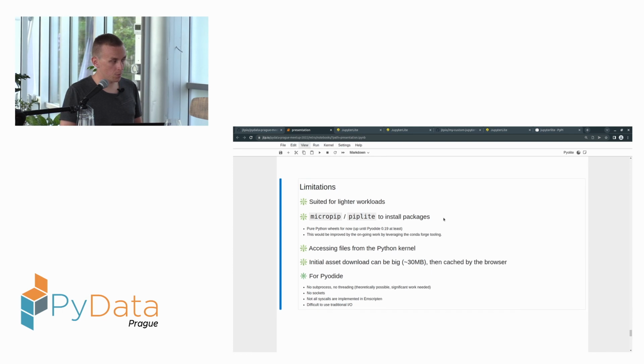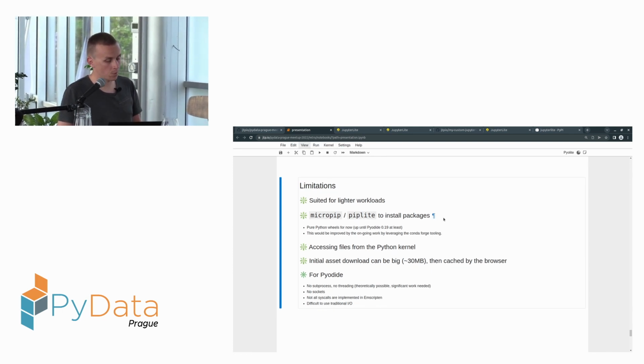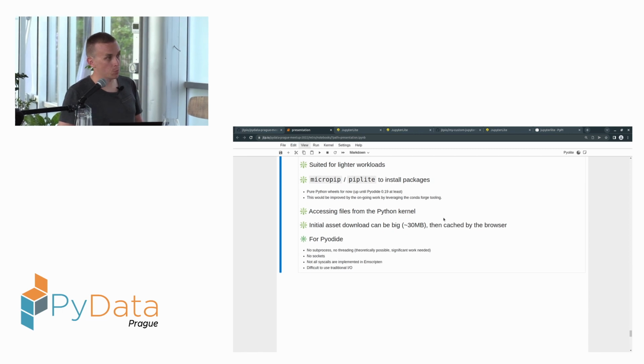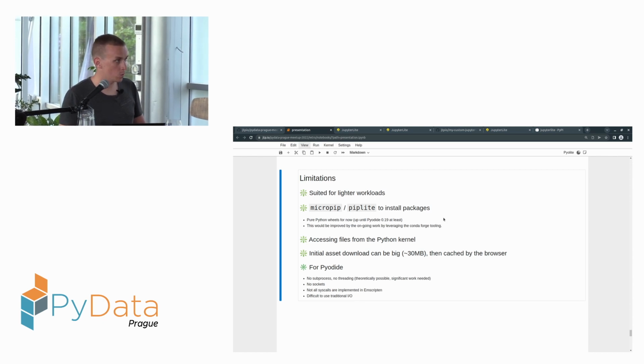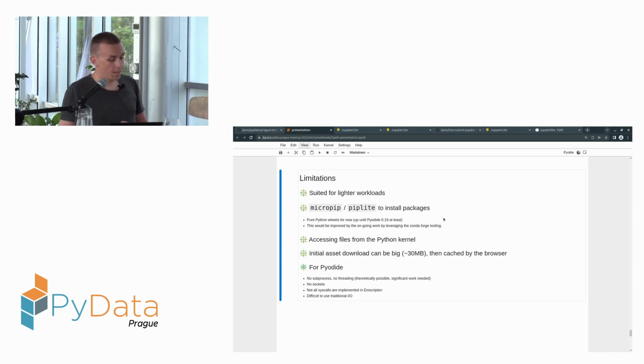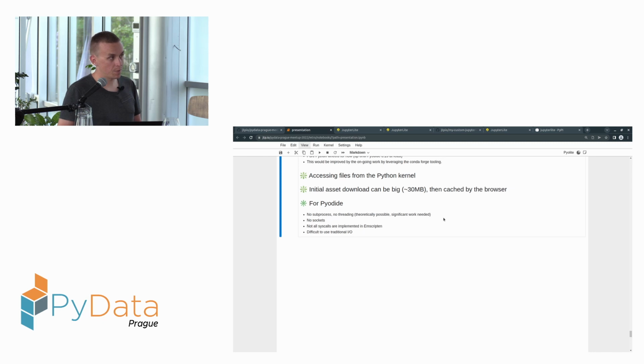So of course there are a couple of limitations. This is more suited for lighter workloads. So it's good for education, for example. If you want to install packages, you need to install them with micropip or piplite for now, at least. There is ongoing work to improve that part. Accessing files from the Python kernel is still a bit clunky, as we discussed before. The initial download can be a bit big. It's maybe 30 megs, but then the browser should already help a little bit by caching a lot of